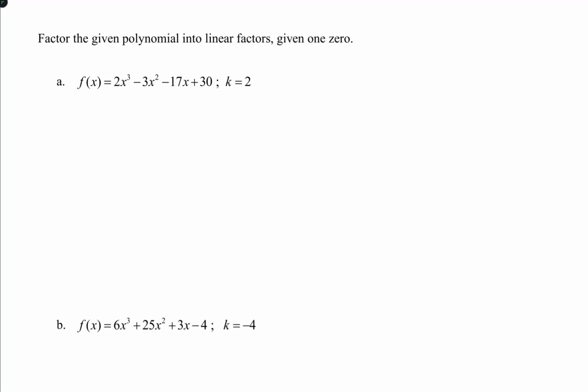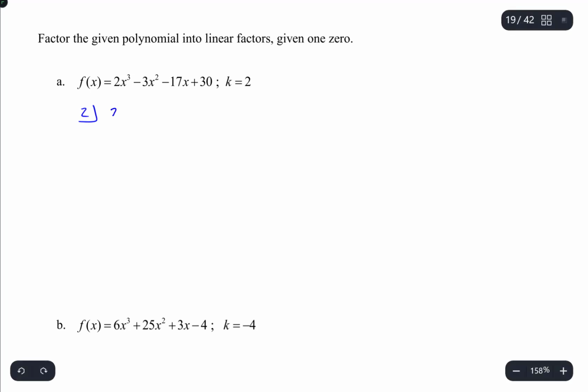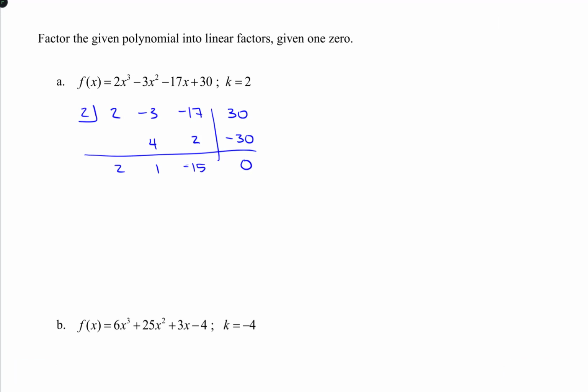So to factor out this 0, we'll use synthetic division. So 2, -3, -17, and 30. So if I bring the 2 down, 2 times 2 is 4. This column adds up to 1. 2 times 1 is 2, so this becomes -15. 2 times -15 is -30, and the sum of this last column is 0, which is good because we said